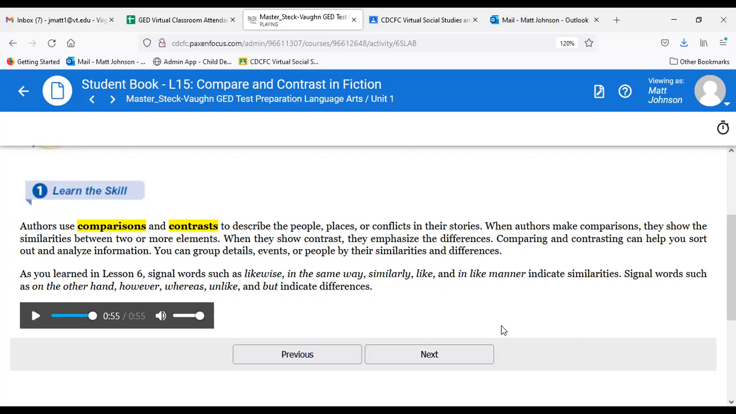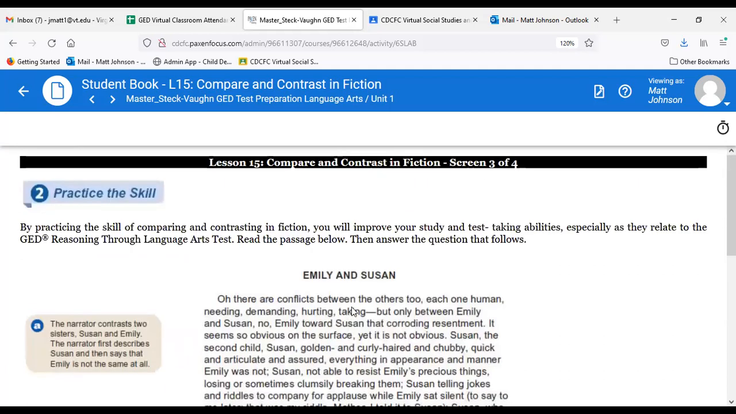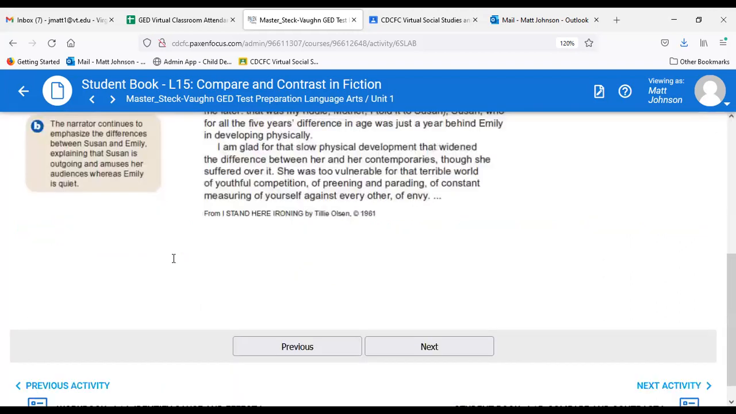So we're back to that idea again as far as signal words. So look for those words that are going to indicate a comparison or a contrast. So they're either going to signal similarities or differences, right? And so we're starting off with Emily and Susan, and this is from I Stand Here Ironing by Tillie Olsen